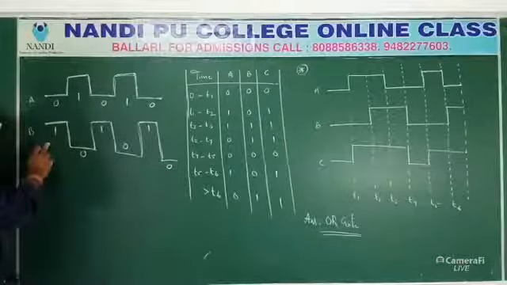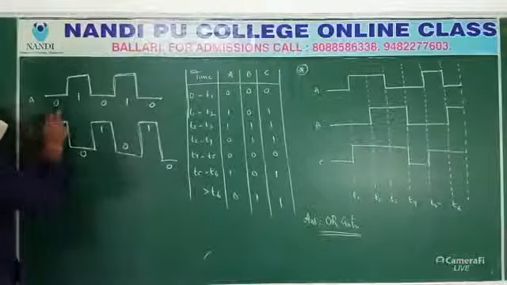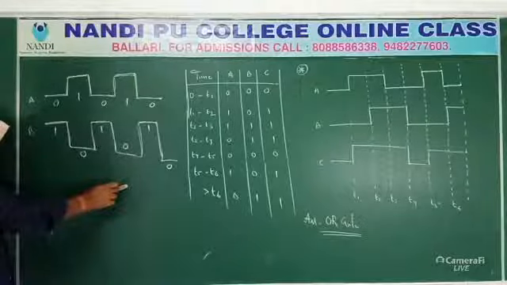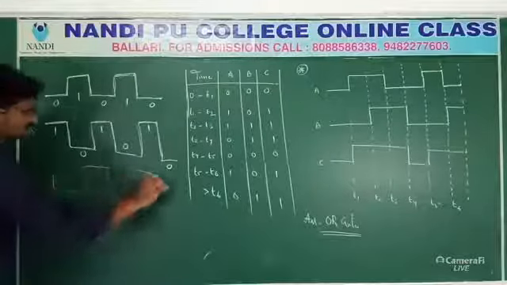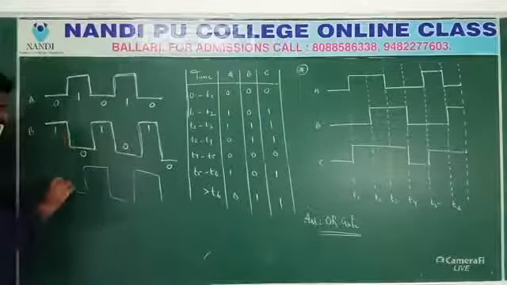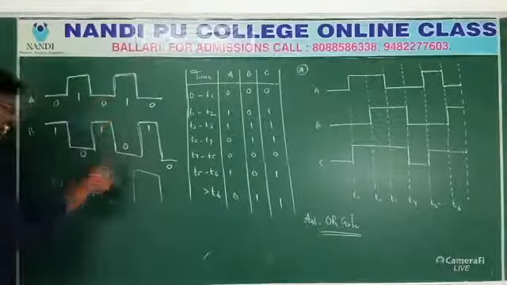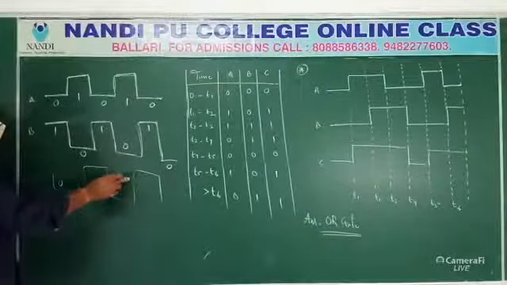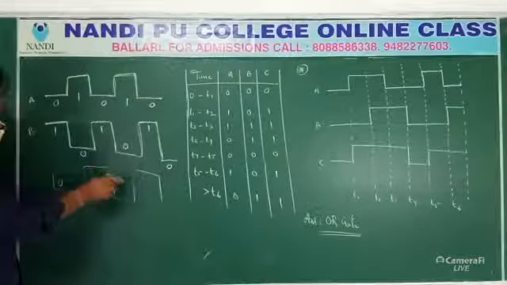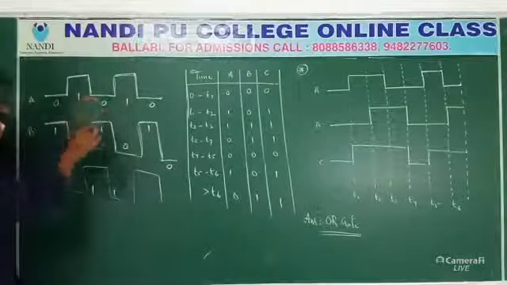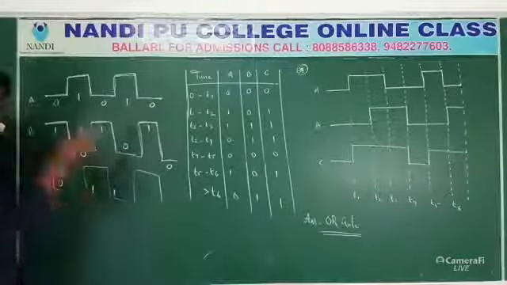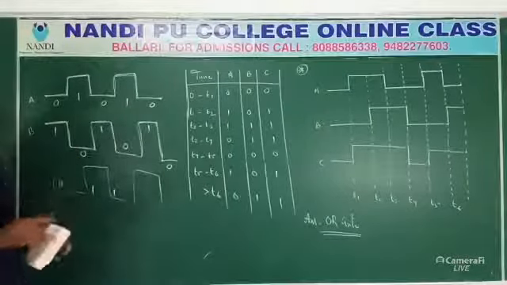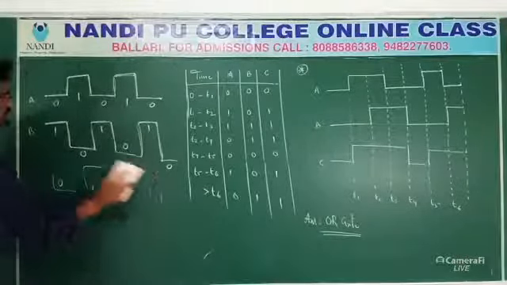Now I have inputs A and B. A 0, B 0, 1 0. The third also they will give. Let us take some circuit like this. Some 0, 1, 0, 1, 0, 1, something will be given. We have to identify which gate it is related to, which operation takes place. Inputs, output. With the help of operations, we have to find out the things. Okay, students, hope you understand.